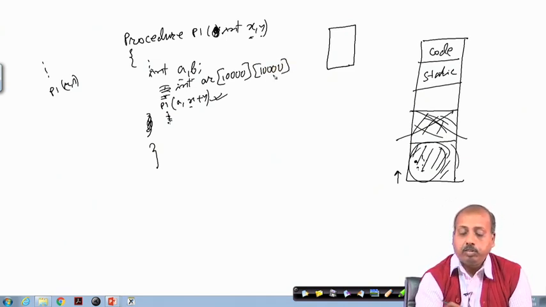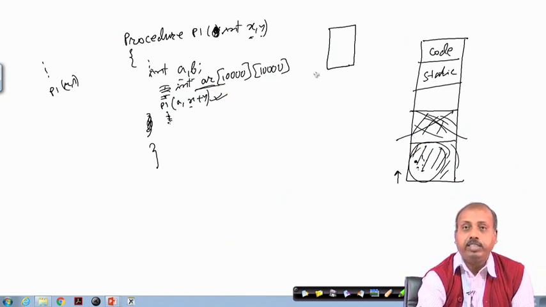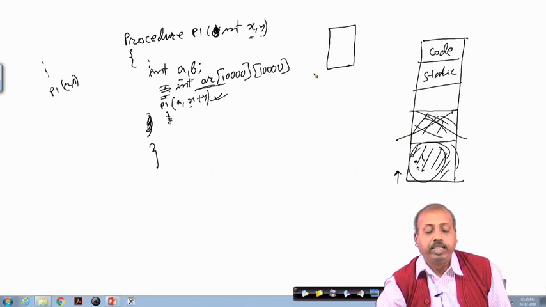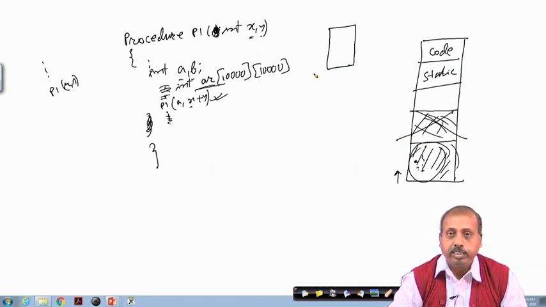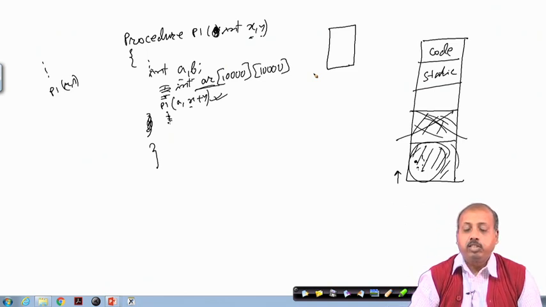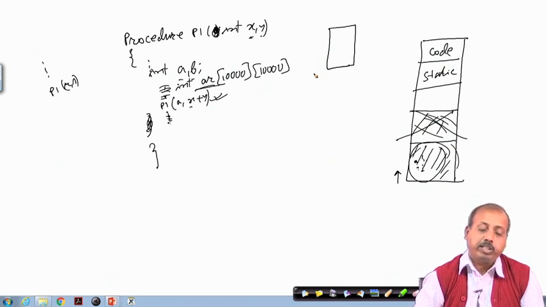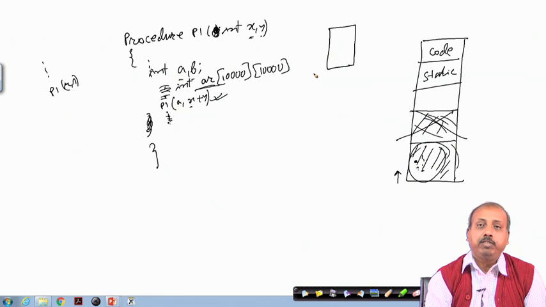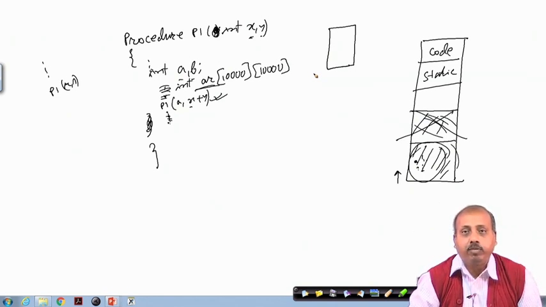Then what will happen? This array will get created on the stack itself. So this activation record will now be very large, because it has to accommodate such a large number of integers. The situation will be even worse if P1 happens to be a recursive procedure, because every activation will have one such large set of integers created as local variables.